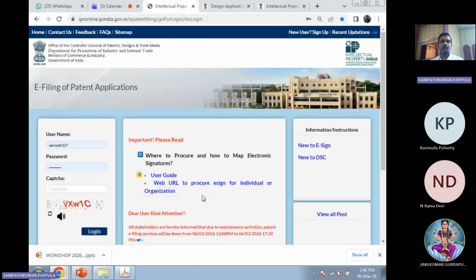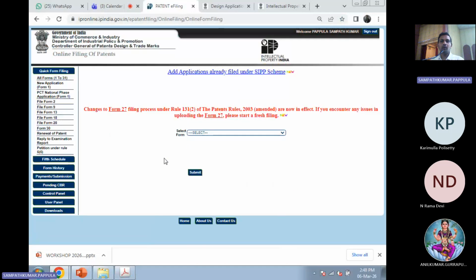So this one, e-filing of the patent application. It opens like this. Okay. So here we have forms 2, 9, 13, 18, 28. Okay. All these are there, and select from